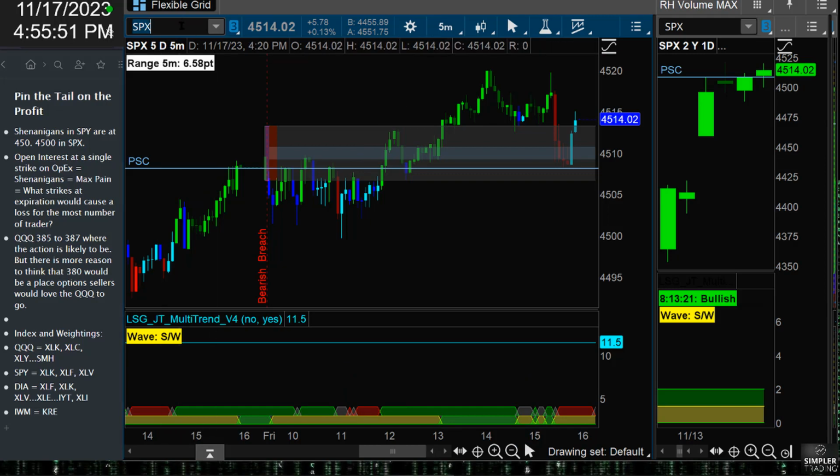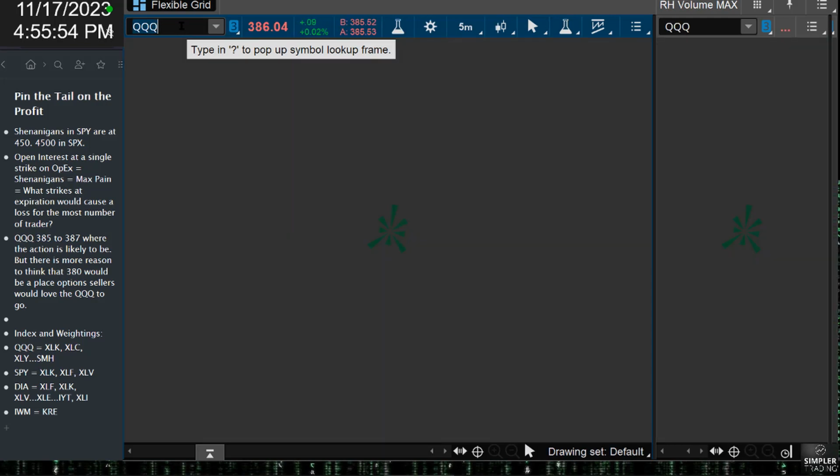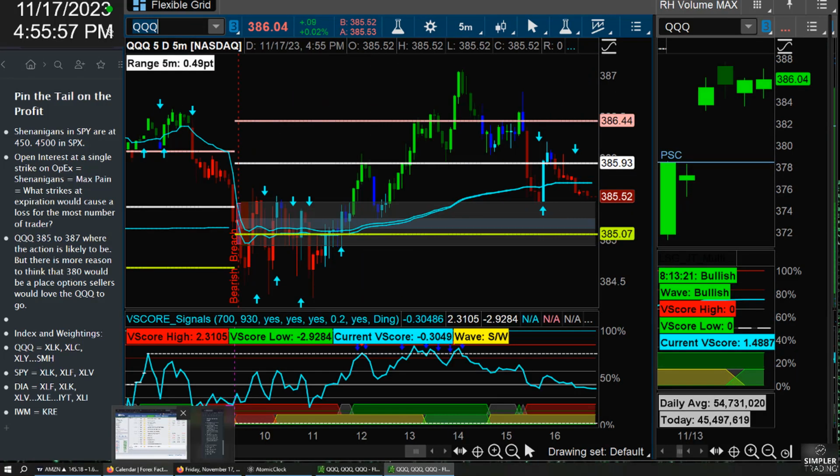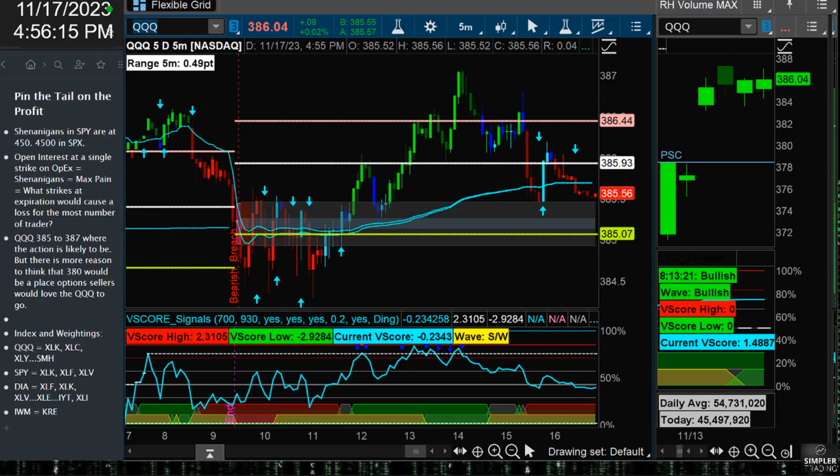All right, let's go to the third one we did. So that's QQQ. And you can see in the notes, gang, this is exactly what I've shared with the members. The zone I was looking for in the QQQ was 385 to 387. That was the zone based, again, on the open interest. And even though 380 would have been a really great place that an option seller would have wanted to see prices go to, because that was where a lot of liquidity was, that 380 is going to have me looking more at the lower end of the range at 385. Right? So knowing that 380 had a lot of liquidity, if we're going to end up at one end of the range or the other, yeah, 385 made a whole lot more sense, and there you go, right? And that's also right around that VWAP.